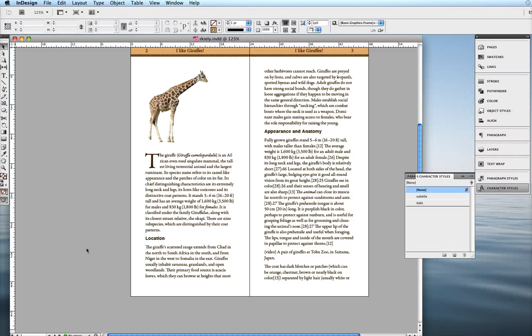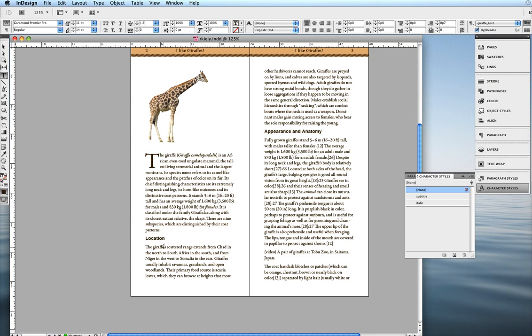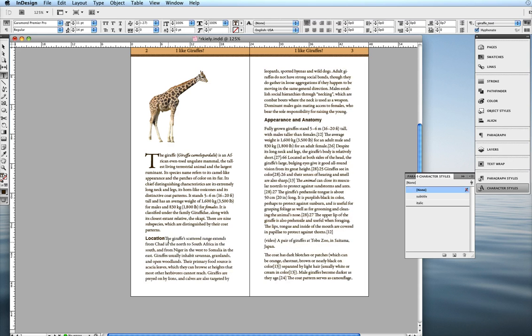Okay, so now what I want to show you is something called a soft return or a forced return. Basically, you know how I created some space between each paragraph? To make this location, the word location, feel more connected to the paragraph below, because right now it's exactly in the middle, what I'm going to do is get rid of the return and then hold shift and then